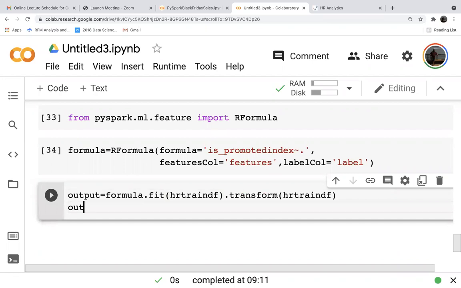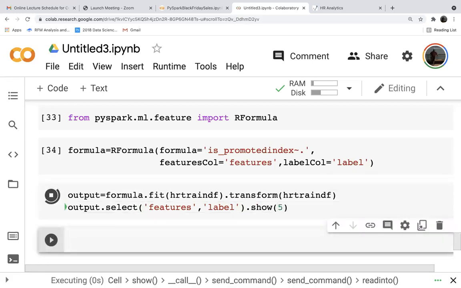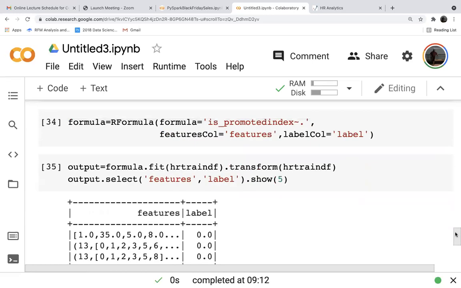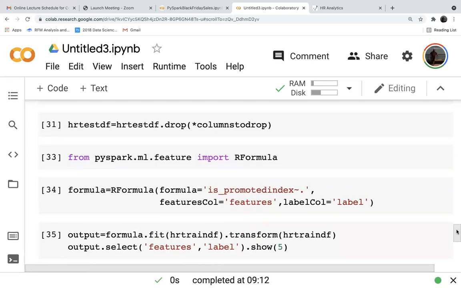Then to see the output, output.select(features, label).show(). So we have written the data into features and labels. So we have created the data ready for our algorithm.